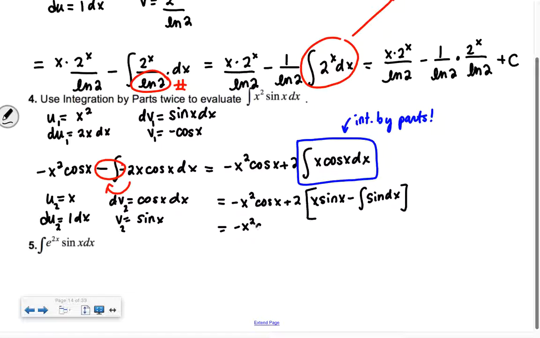So we have negative x squared cosine of x plus 2x sine of x minus, I'm going to distribute the